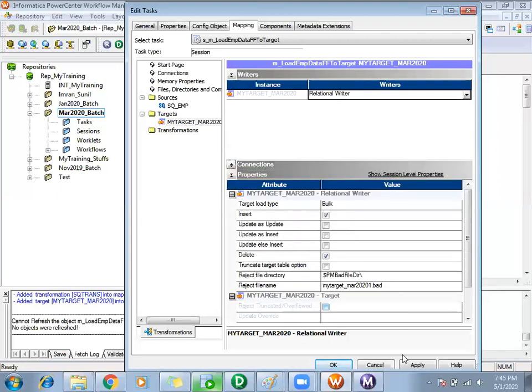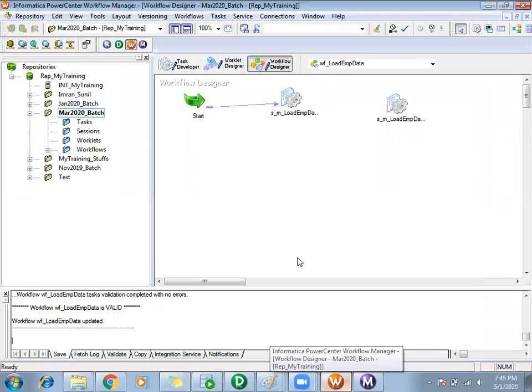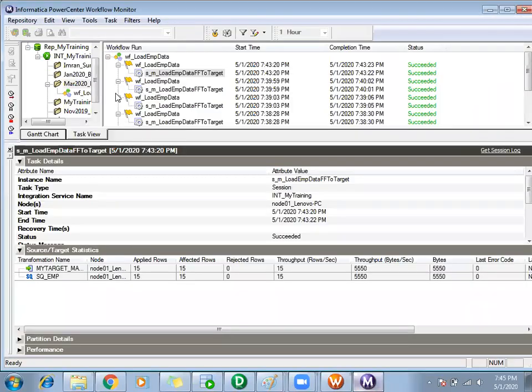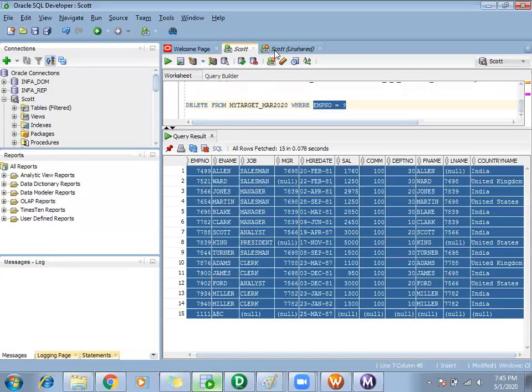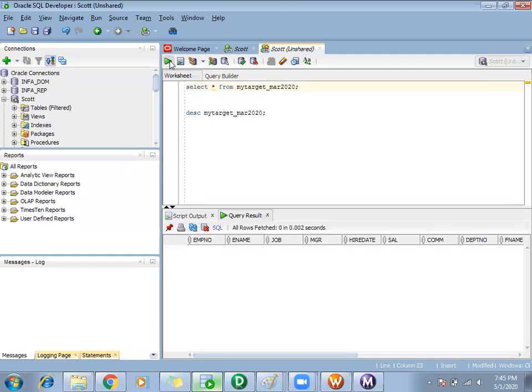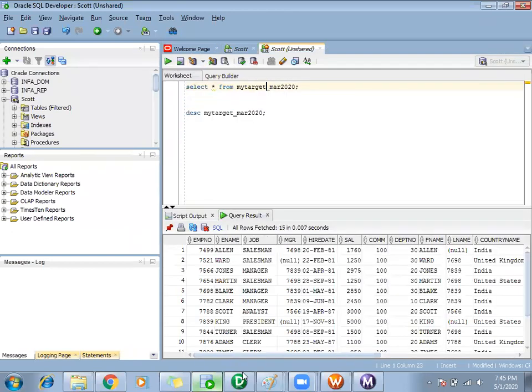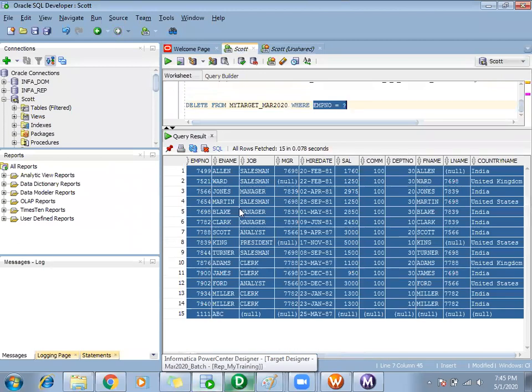Okay, insert is there. I will say apply. Okay, start the workflow. So the records got inserted into my table.